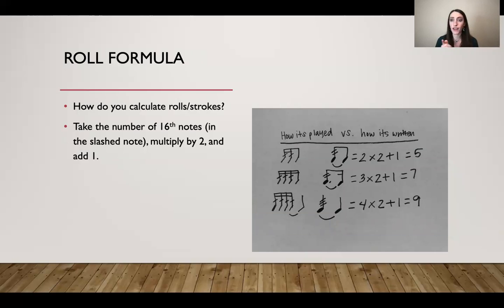The first one shows actual diddles. So usually in class, when we're playing that first rhythm, we'll say diddle, diddle, hit. And that is giving the kids a mnemonic device on how it's supposed to sound when they are hitting the pad. But what I like to tell them is that on the actual notation, where it's the eighth note with